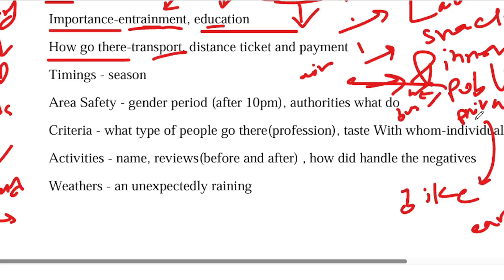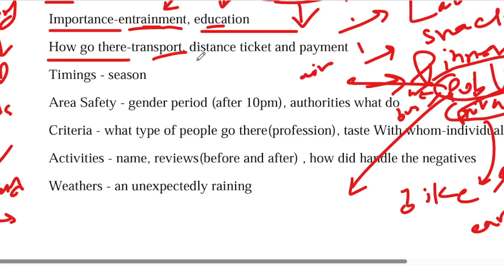If you take the private transport, why didn't you take the public transport? Maybe family was there and you wanted to have a comfortable trip. That's the reason you take the private transport. If you took the public transport, then describe why didn't you take the private transport. Maybe it was pricey, or there are a lot of people out there and you needed a public transport. What was it? Describe that.